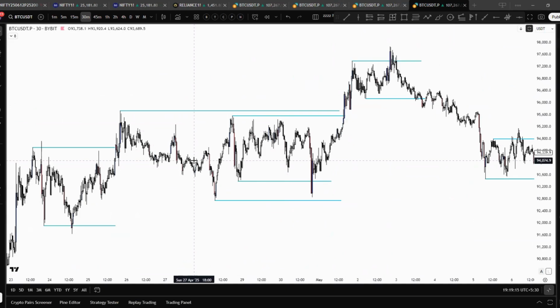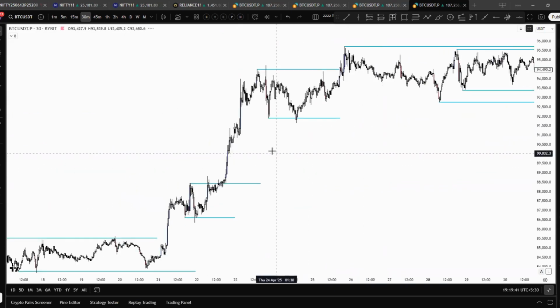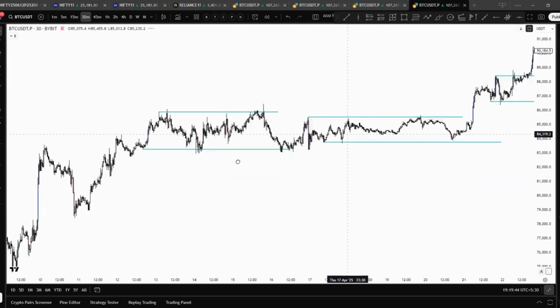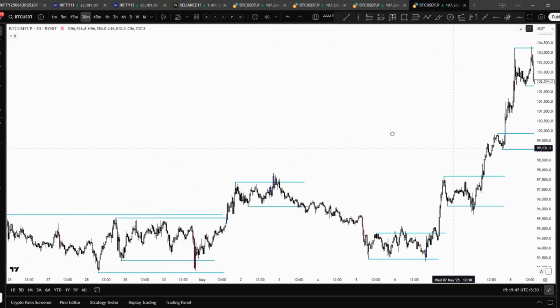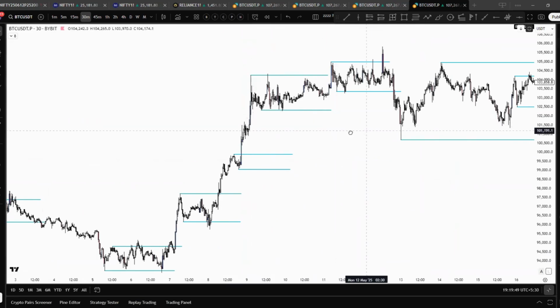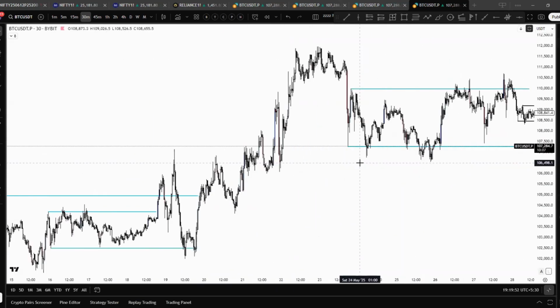Don't complicate it with all the ICT or smart money or whatever you study. Most of it revolves around this ICT stuff, like an unmitigated order block. It came here, see how accurate it was, it bounced off it. Same stuff with equal lows and liquidity sweeps. There are multiple ways to interpret it, but the idea is the same: balance and imbalance. Imbalances usually do occur, and when they occur, they usually get filled. There are different setups for that too.